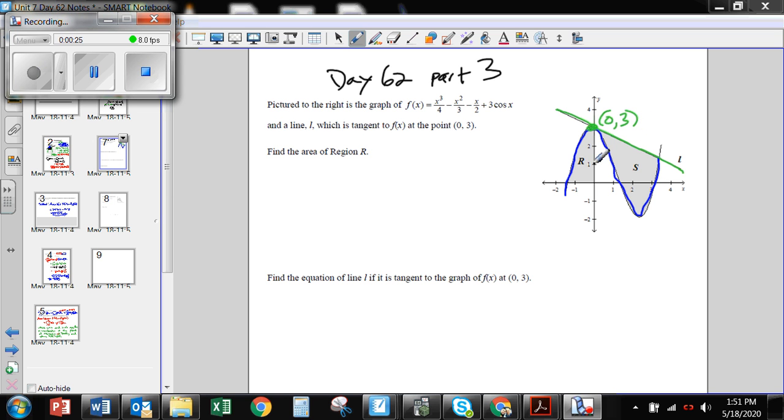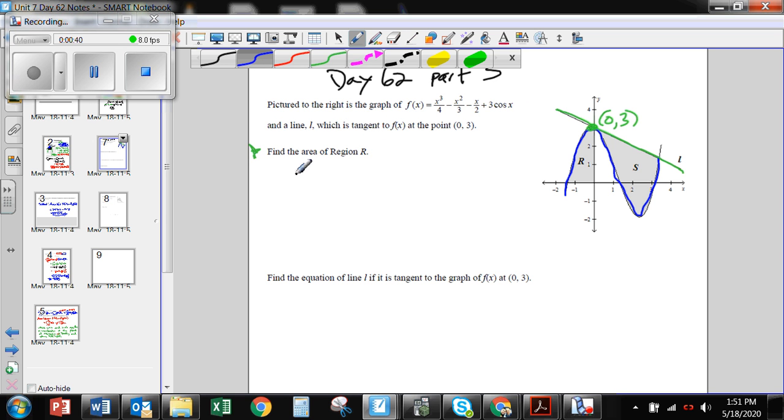So I just tried to label some of this, and they're not talking about which one's the top or the bottom right now, but the first thing they ask is to find the area of region R. That just deals with this cubic function f of x, and I should probably label that this is f of x. Okay, so I'm looking at the area of R